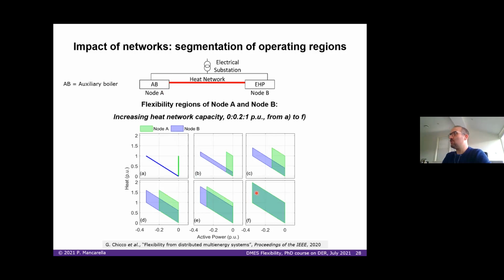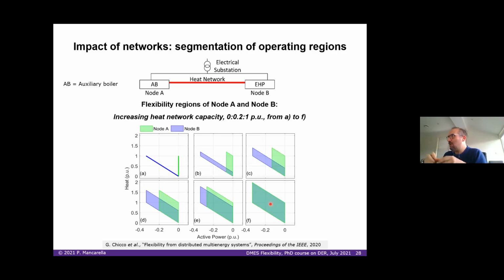Basically now the two systems are completely coupled, not only in terms of electricity, but also in terms of heat. And now I have a full multi-energy capability map available, and I can basically operate in any point in terms of electricity and heat power. And of course, this is very convenient in economic terms, because while here I'm constrained in operating on given points in terms of electricity and heat, now here I can basically operate on any characteristic,